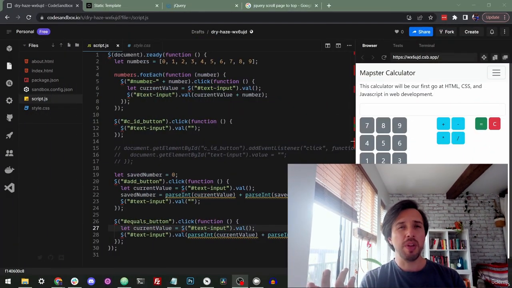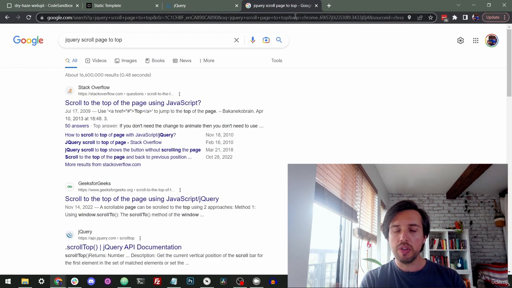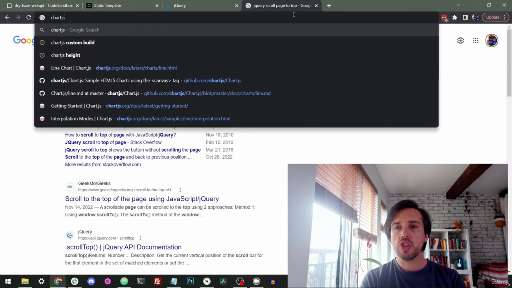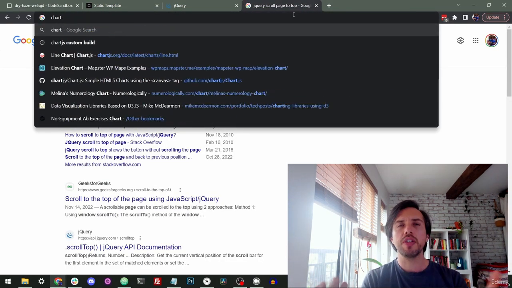Hey, okay, so we've used jQuery a little bit. Now we're gonna just kick around a little and try to find some other libraries to try out. One that I've used before, it's a really complicated one, but it's also really cool to demonstrate some stuff, is called ChartJS. So let's say I wanted to make a basic bar chart or line chart or something